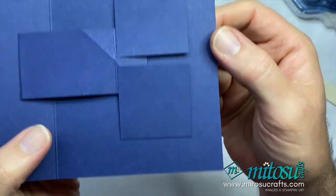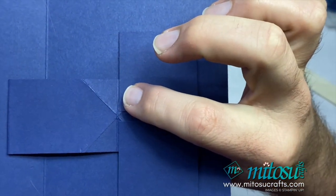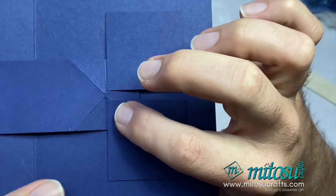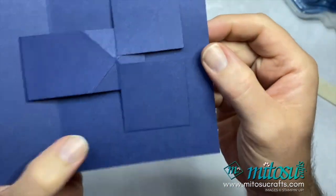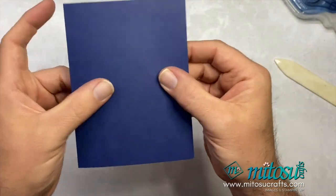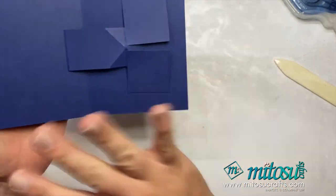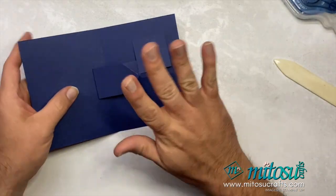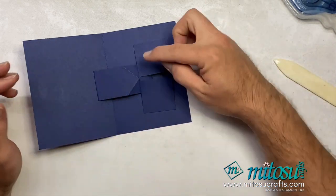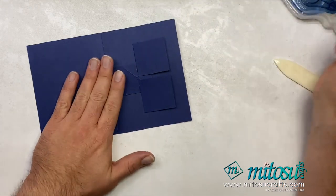So there we have that. So you can see I'm just going to stick it. So I've stuck it just slightly short of the score lines, just so that things don't interfere and manipulate. And just gently make sure they fold in like so, and then they come back out again. Now just leave that to one side for a moment, just let those dry up before you do it too much. Otherwise, if you do this too soon before the glue has dried, you're just going to end up unsticking